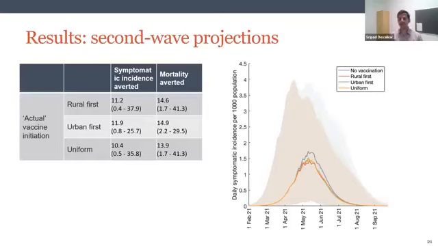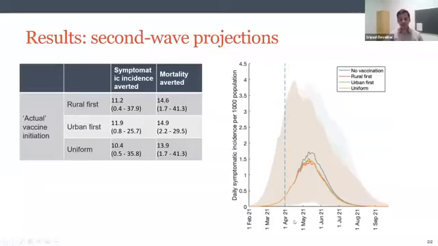The green line is if one were to follow an urban first strategy, and the yellow line is if one were to follow a uniform vaccination strategy. And all of this is for a model which tries to simulate what the actual vaccine immunization was. What I mean by that is,